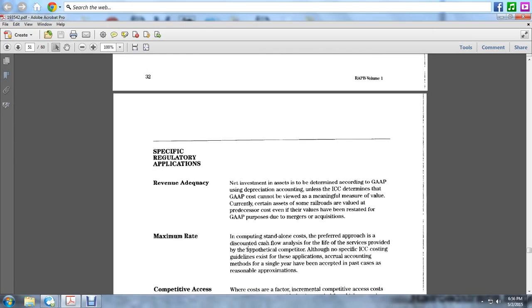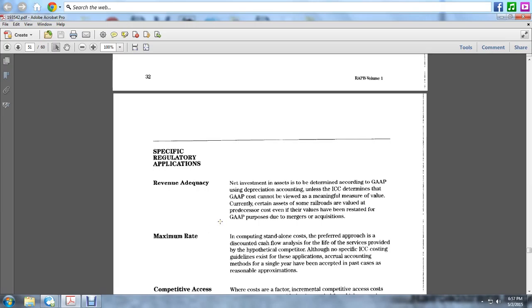The specific regulatory applications, revenue adequacy: net investment is the asset base to be determined according to GAAP using the depreciation account, unless the Interstate Commerce Commission determines the GAAP accounting costs cannot be used as meaningful measures of value. Currently, the assets of some railroads are valued at predecessor costs, even though their values would be restated for GAAP purposes due to mergers and acquisitions. Maximum rate: